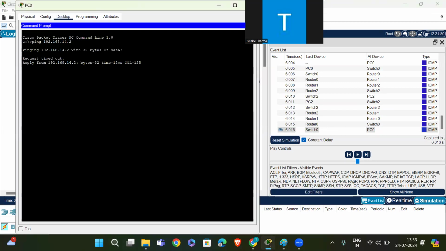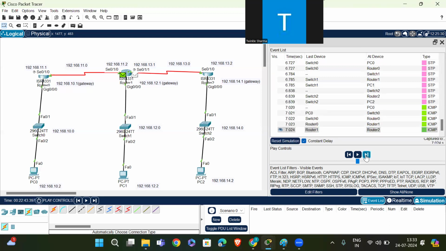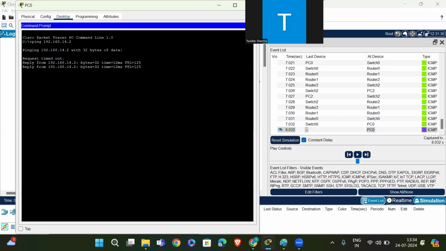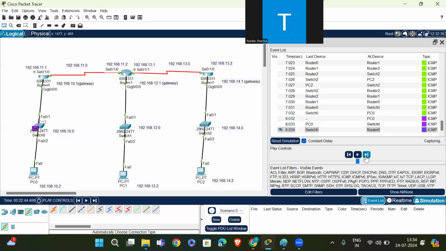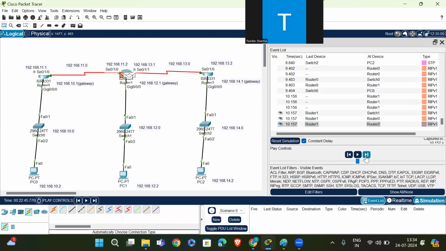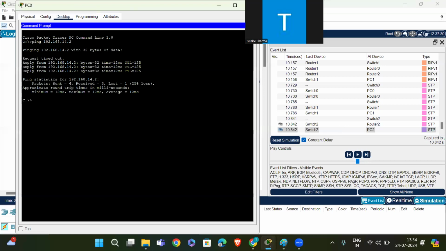See, the first message is request timeout and the others are received. Packets sent 4, received 3, lost 1.